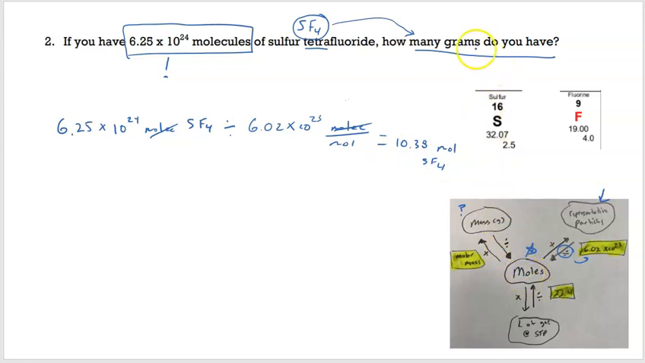Now, next step, I want my answer in grams. All right, so I need to get up to mass. So in this case, go from moles to mass. I will multiply by the molar mass of SF4. So first thing we've got to do is figure out the molar mass of SF4. We have 1 sulfur, so it's going to be 32.07 plus, because I have 4 fluorine atoms there, 4 times 19.00, and that's going to give me a value of 108.07